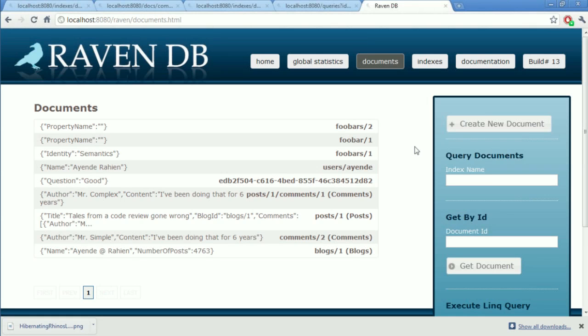When we end a document ID with a slash, RavenDB will use identity semantics and basically just increment over whatever was the last one that we used.